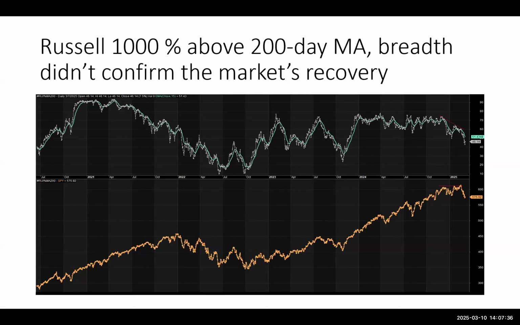The drawdown so far has been about the same. There's a key difference, however. If you look at the top pane in July, the percentage of stocks above the 200-day never did drop below 50. It stayed right there around the high 50s, low 60s at its worst, and then the market continued in an uptrend. In this case, you can see that the percentage topped out around November of last year,